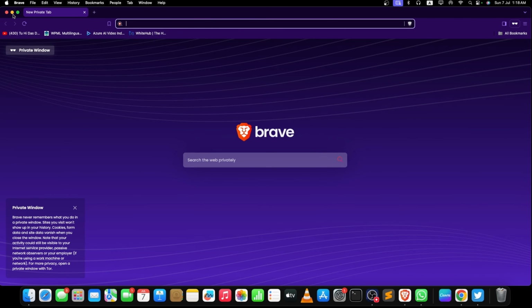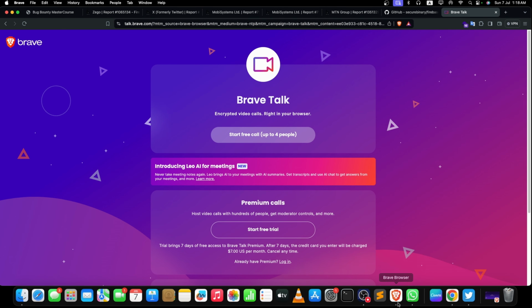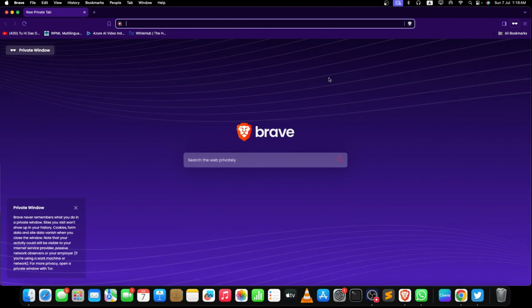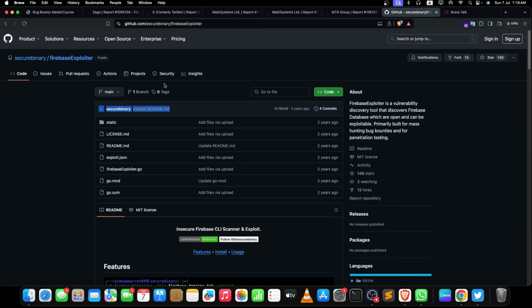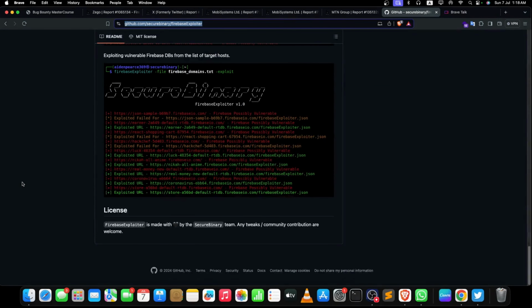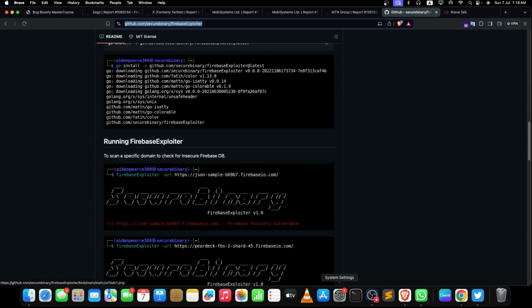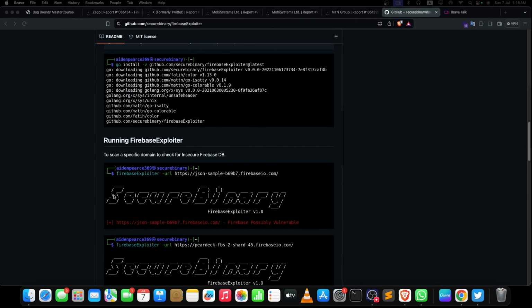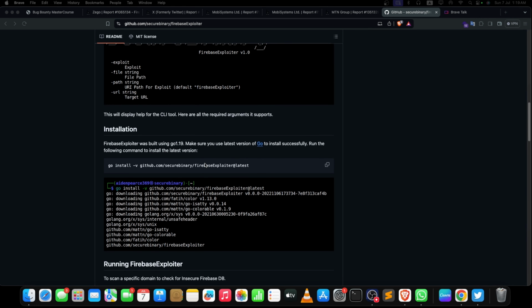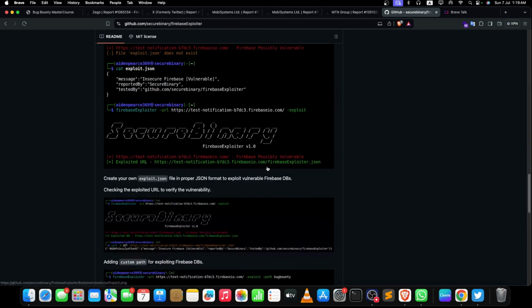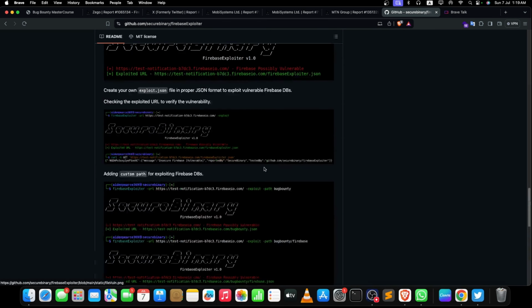And by the way, if you're wondering how to do takeover, come on boys, it's really simple. Let me show you. See, there's a tool, Secure Binary. I will use this in a moment to demonstrate a takeover here, so don't worry about it. It is a tool, just make your own JS file for it. You can see, you can just make your own JS file for it, and that can do a lot of things. It is easily installed by go install, and I'm gonna make a JS file here for myself.